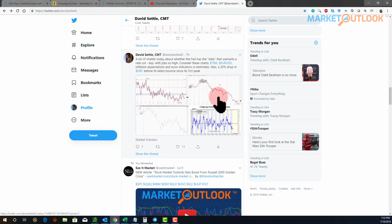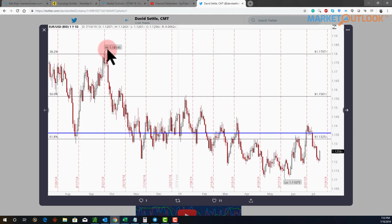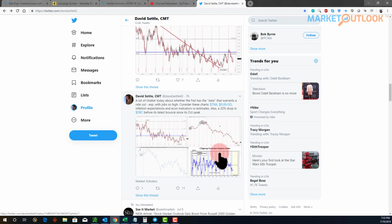And then the other thing I wanted to bring up, besides the fact that the yields here are so much lower than they were in October, is this idea of the euro. The euro has dropped compared to the dollar from 118 right around that September-October level down to 111 since then. Remember, the Fed raised rates here in December one last time. Well, that drop right there, and that's what I tweeted out here, that drop from that high to low on this one-year chart,